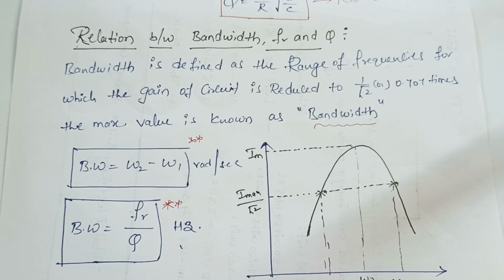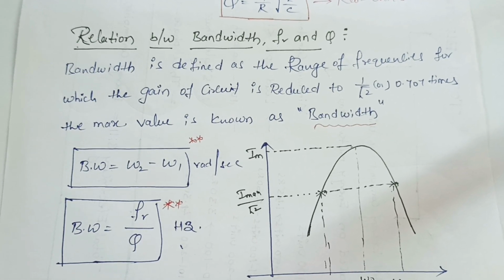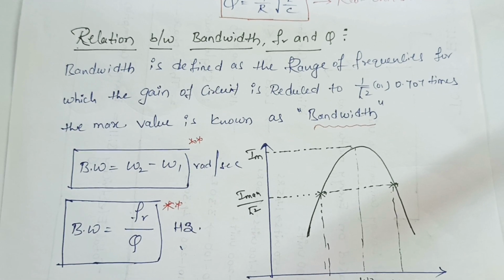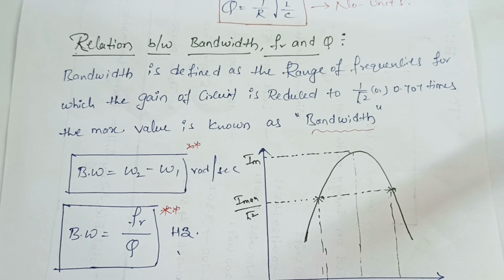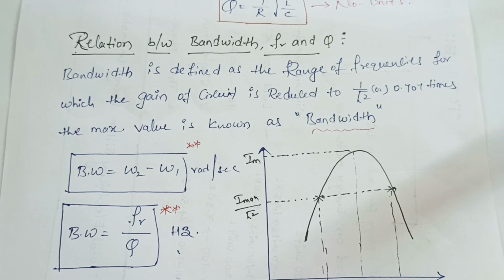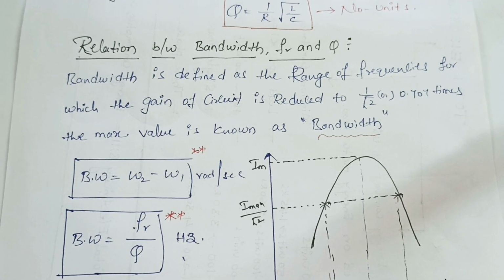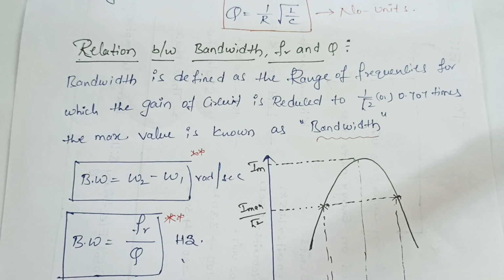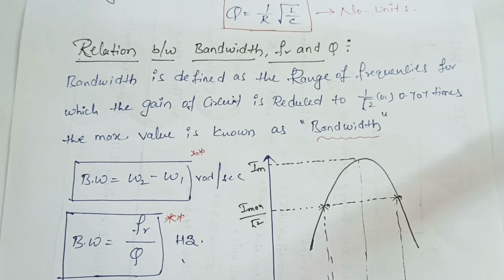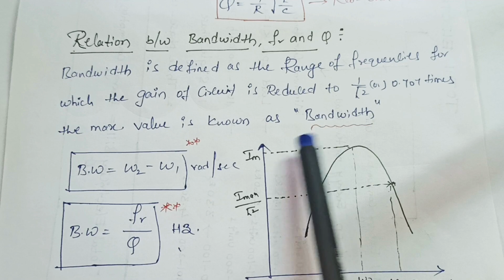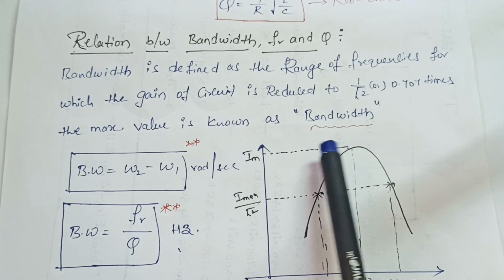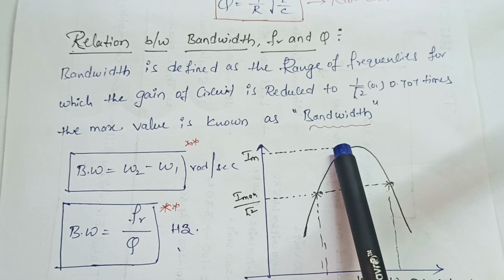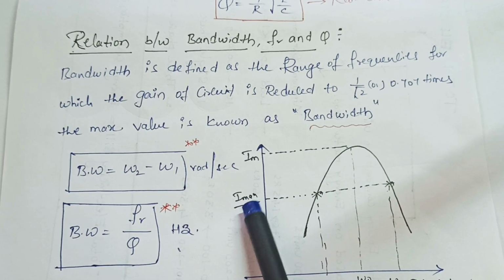Coming to the relation between bandwidth, resonance frequency and quality factor. These are very important formulas for competitive exams. This formula is very useful to you. First of all, what is bandwidth? Bandwidth is nothing but where the gain of the circuit is reduced to 1 by root 2 times the maximum value. Simply I am writing this: the maximum value is the total gain of the series resonance, that is IM. That IM is reduced to 1 by root 2 times, then